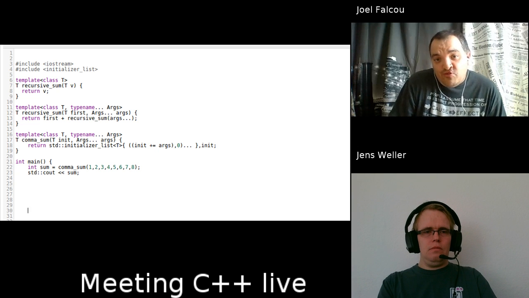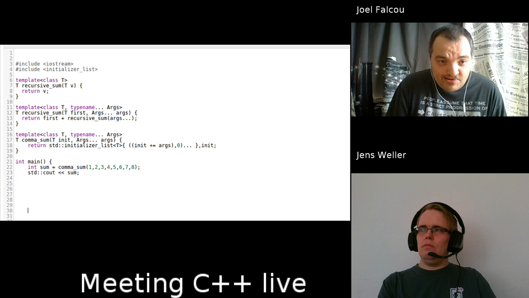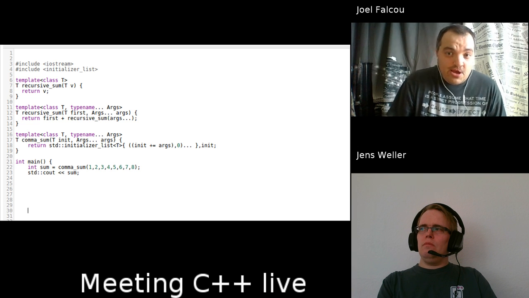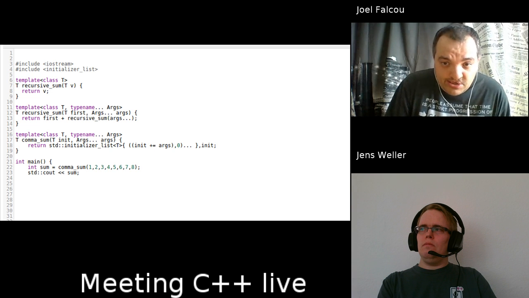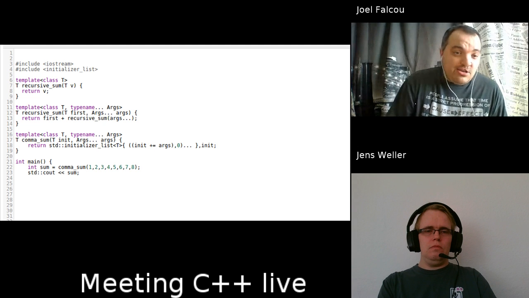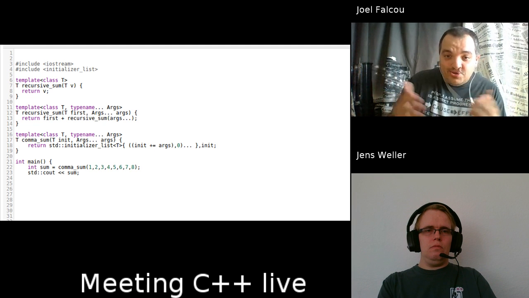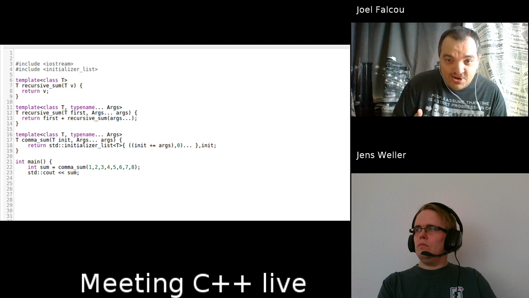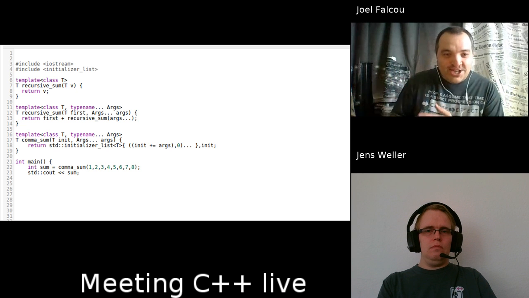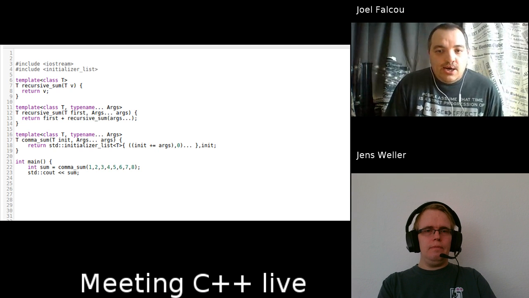So if you have 5 or, I don't know, 4, 6, a few parameters, it's okay. But what happens if you start having a dozen or 20 or something? One can argue that if you have a recursive sum of 25 or 100 parameters like this, you have other issues like design issues, but it may happen. And in our cases, on some compilers,